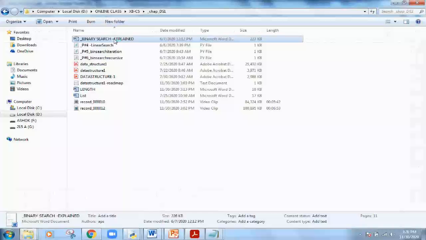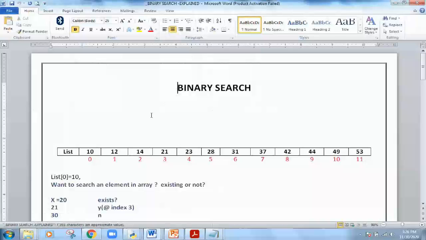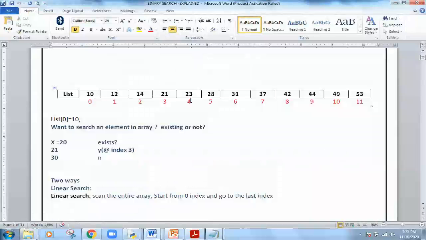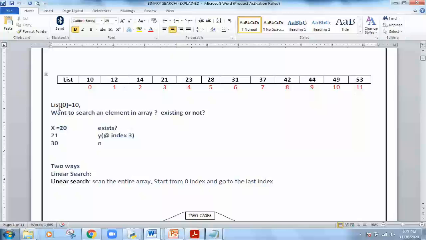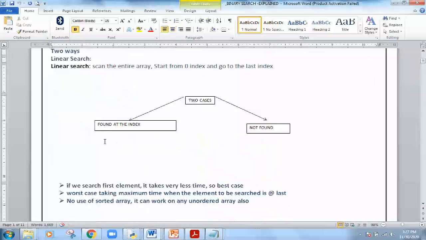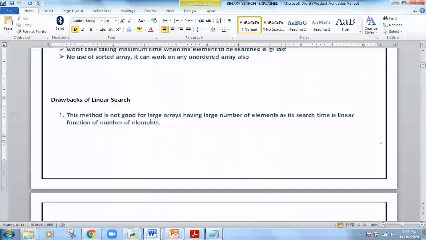Let us try to understand the binary search method. Let us suppose I have a list with some elements. These elements are arranged in ascending order in a list. Now you can see that L0 is 10. I want to search whether an element exists in the array or not. X is equal to 20, does it exist? Okay, so you will find out. How will you find out? You will first check whether 21 exists or not. If yes, it is existing at index 3. 30 is no, it is not there. How can you find this out? There are two methods. One is linear search,